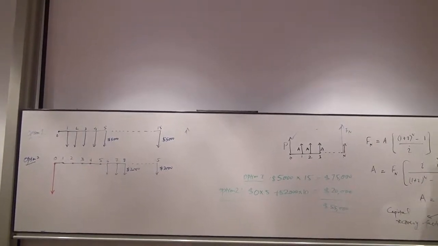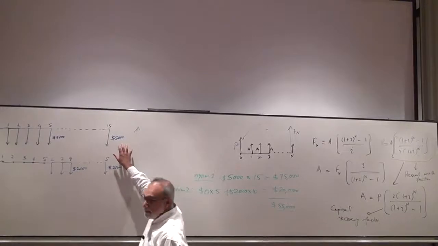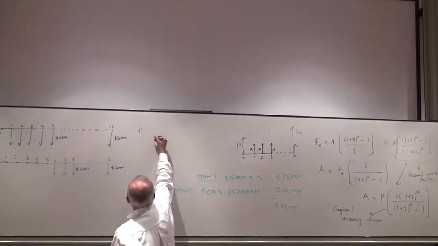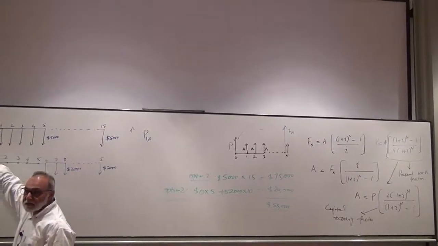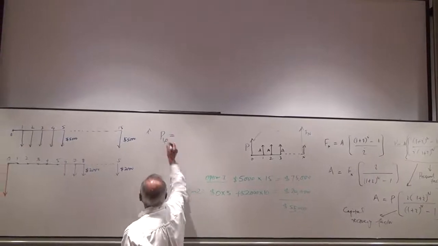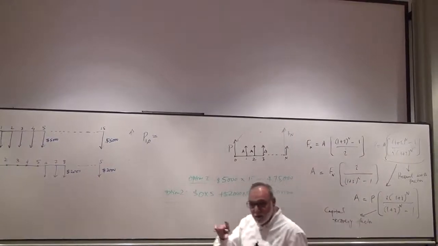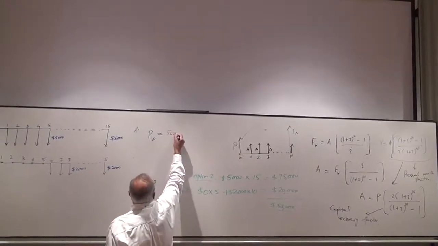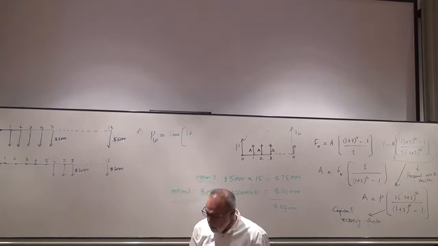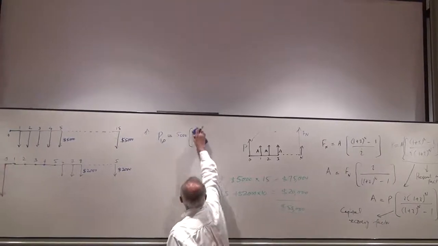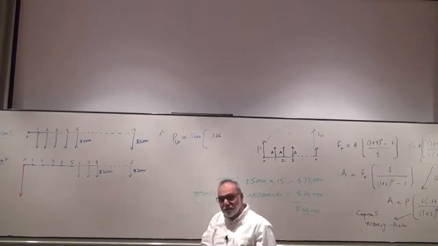So let's use this formula to find out what is the present worth of cost here, and call this P10, 0 meaning at year 0, at the start. So find out P10, and P10 can be easily found. We have A, which is what? Equal series of payments, so it is 5,000 here, and then we have 1 plus i. Now i is how much? 0.06. So I will just write 1.06 raised to power,